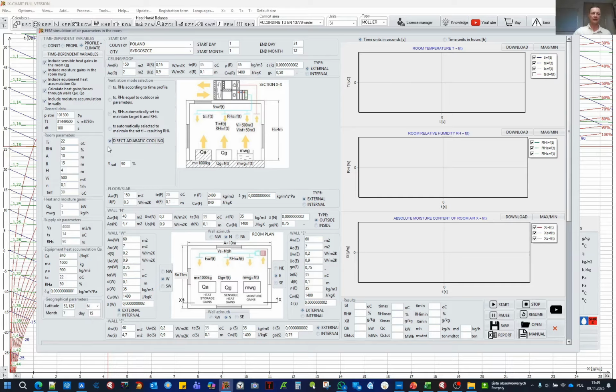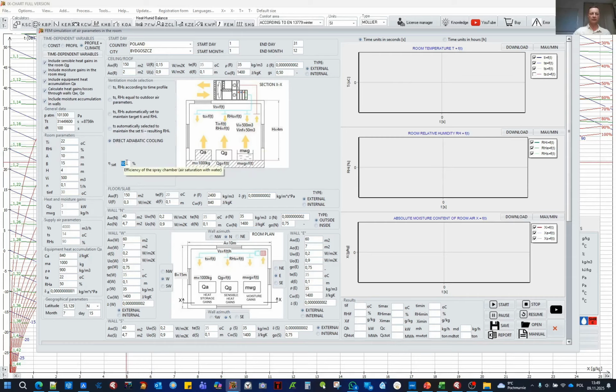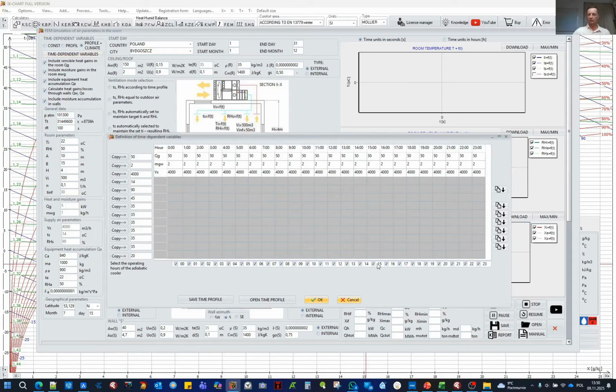as there is a lack of tools on the market that allow for reliable analysis of how such adiabatic cooling systems work, what we can achieve, what it depends on, and how the relative humidity of the air in the room will be shaped. So this is really a very interesting tool here as well. Here we define the water saturation coefficient of the supply air, which is implemented in the spray chamber, in the adiabatic chamber. Here, by selecting this mode, I will show one thing, that here we can additionally choose during which